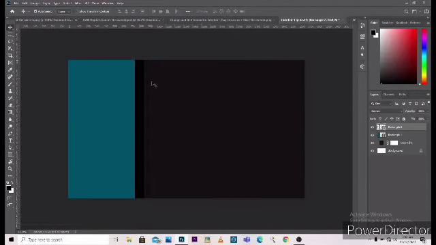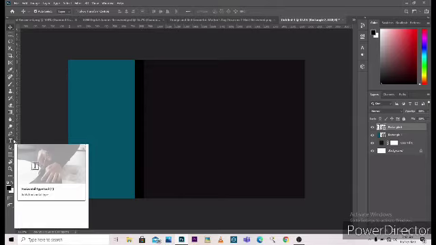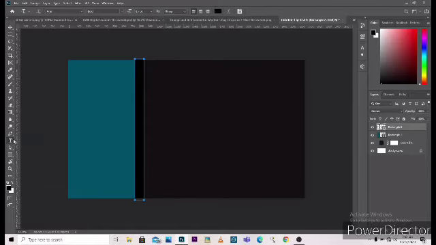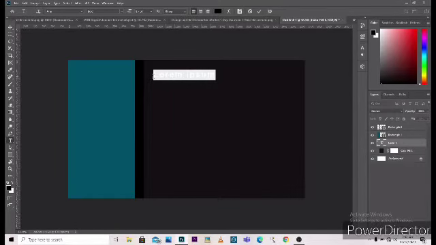Boom. So here's what you've got, and now we're going to the type tool, or you could just press the letter T on your keyboard. Then select the background again, and we're going to input our name.